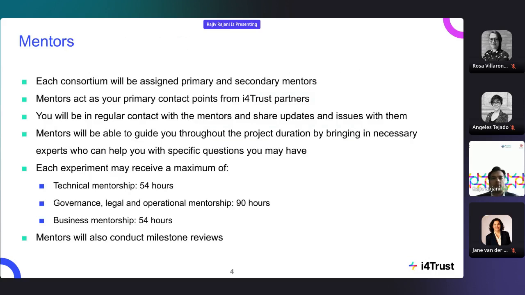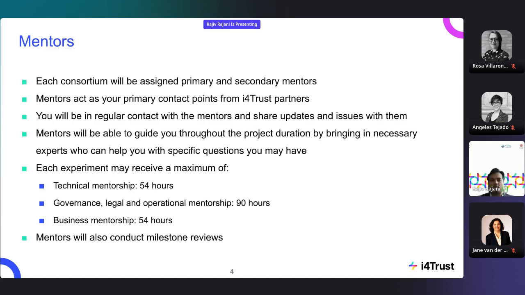So a bit about mentors. Each consortium or each experiment will be assigned primary and secondary mentors along with the business mentor. Primary and secondary mentors are coming from iSHARE and FIWARE, and business mentors are coming from Funding Box.